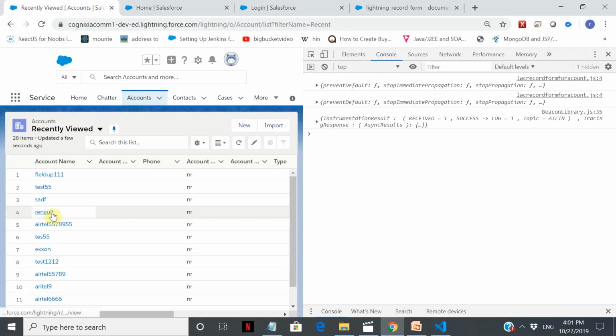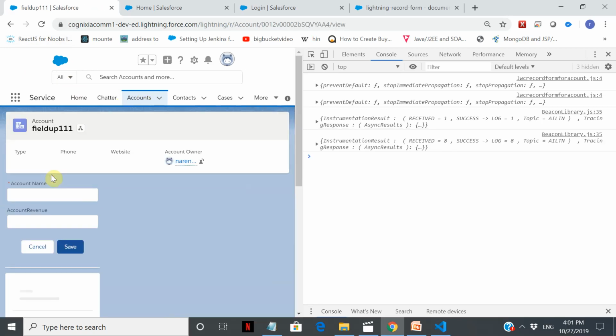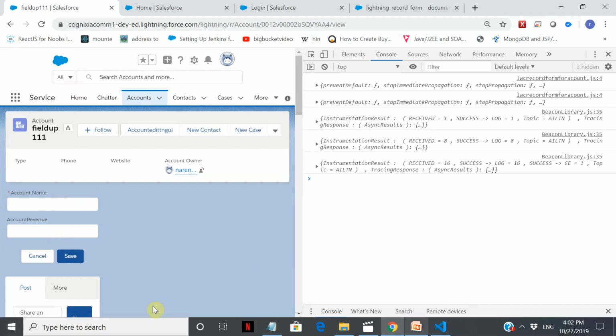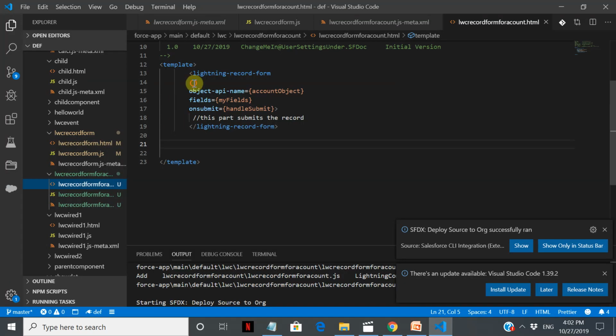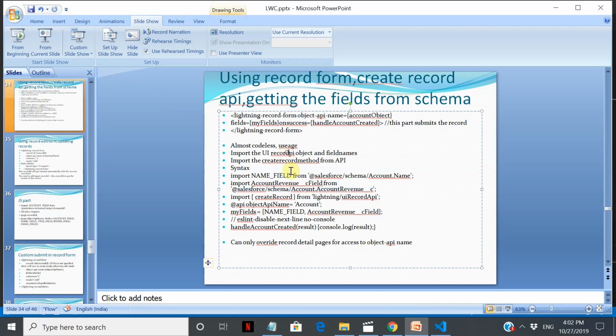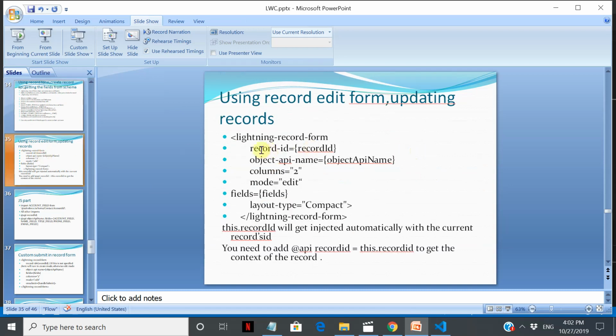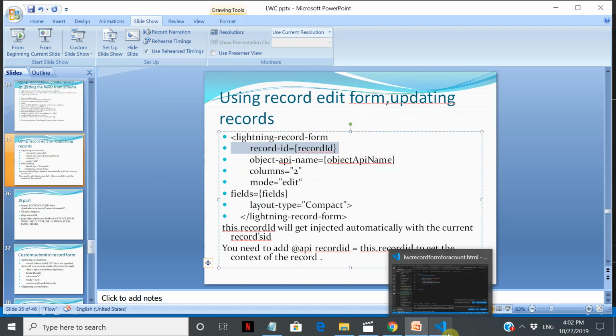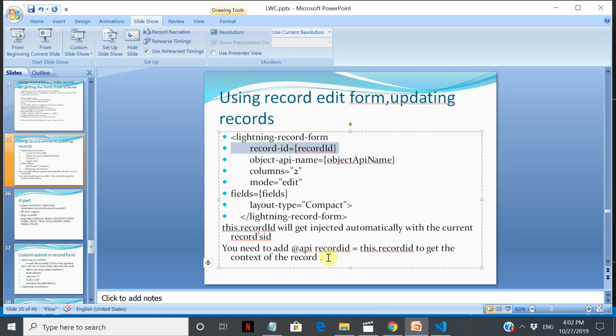So for that, what you're going to do is you have to pass this parameter record ID, and then it will take the part of it. Now sometimes it does behave, at times it gives you some inconsistency, so you can force this.recordID to be injected by creating a record ID variable, but otherwise usually it does create it and work automatically. But it's better to initialize a variable locally here.